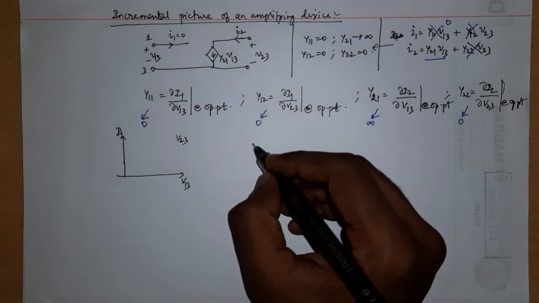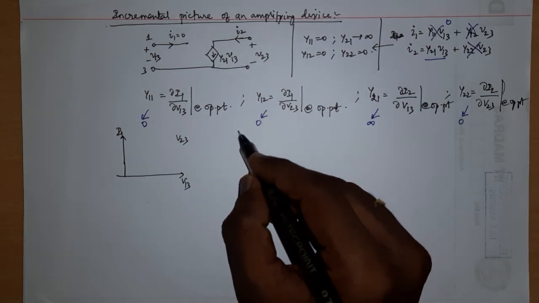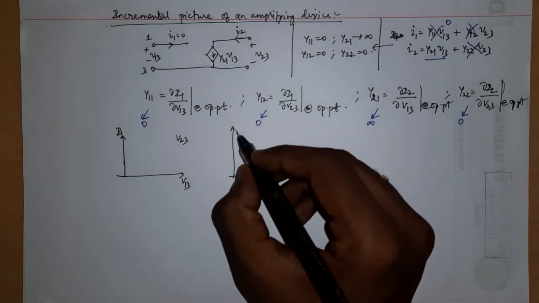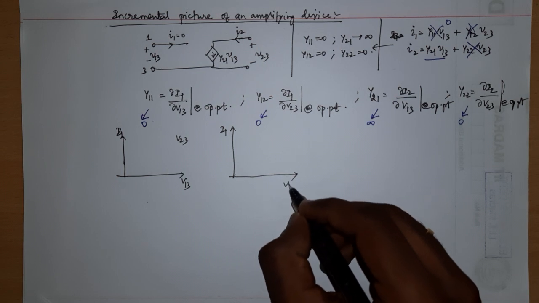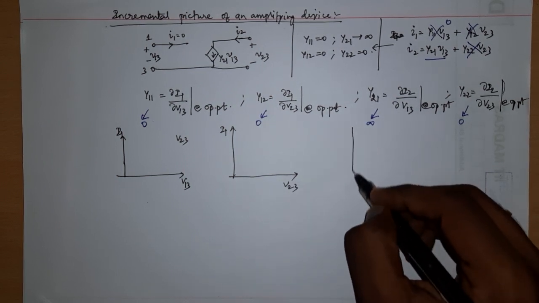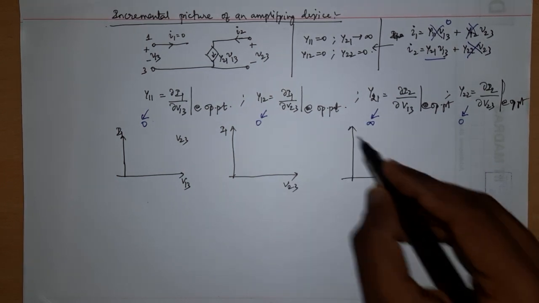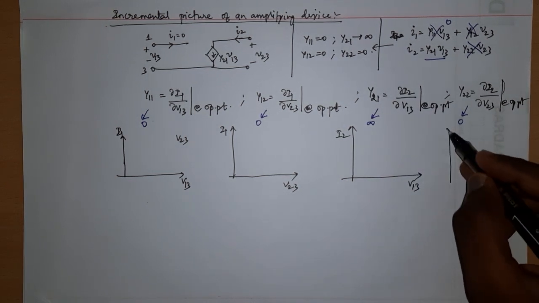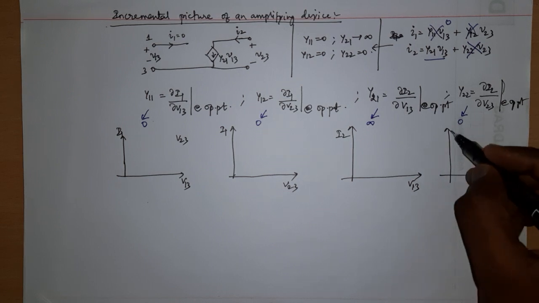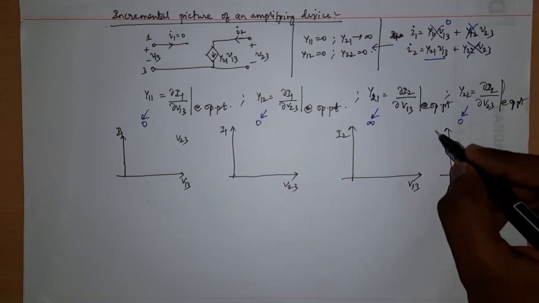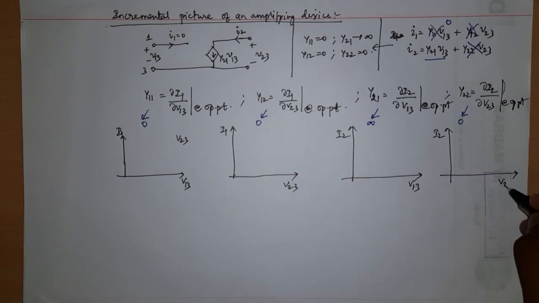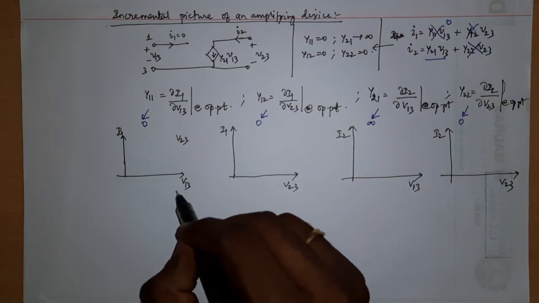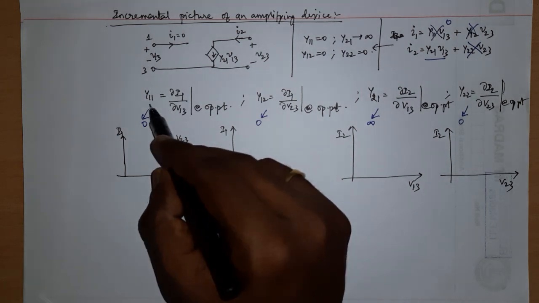Similarly, you will have another plot with I1 and V23, another plot with I2 and V13, and the last plot with I2 and V23. So the slope of this I1 versus V13 is Y11, which should be